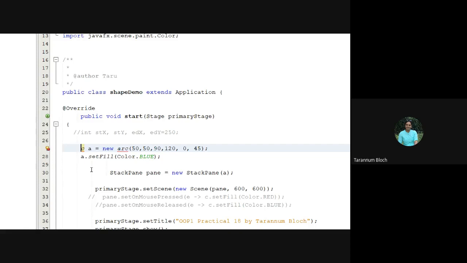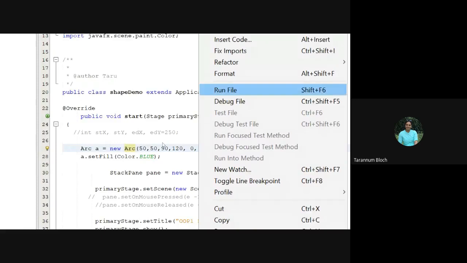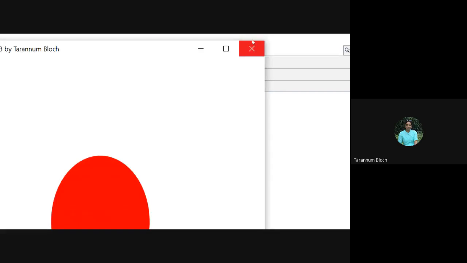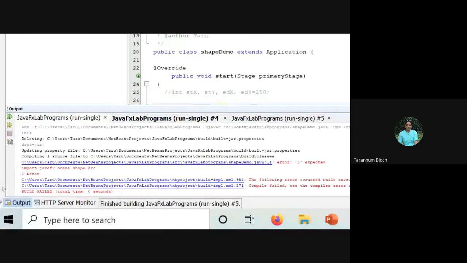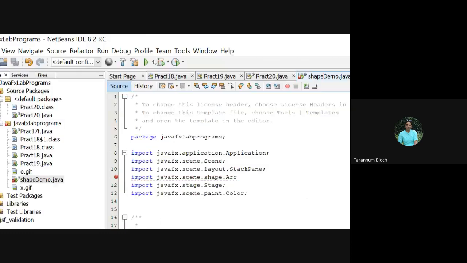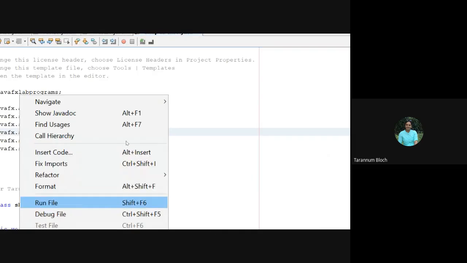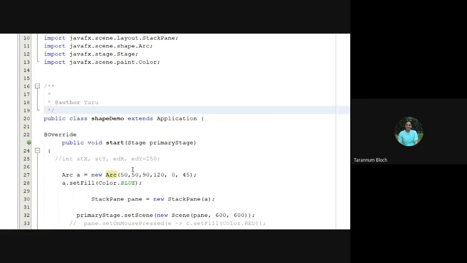Arc. Can you see a small arc over here? Right? We can change the properties and we can have the big arc.